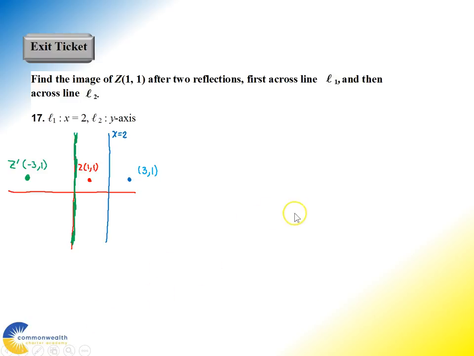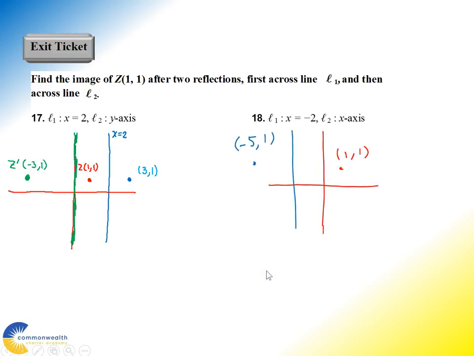For the second problem you were given, again starting with the same coordinates for Z, they wanted you to reflect across x equals -2, and then the x-axis. So if I take the point (1, 1) and the line x equals -2, (1, 1) is basically